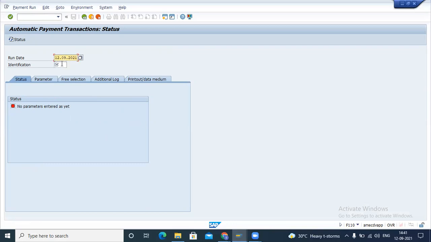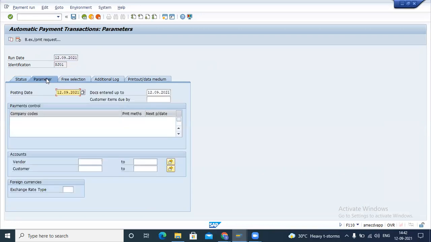And in the identification, we enter anything for what we are doing. Suppose I'm doing SJ01. This is just the identification of the proposal. Each payment process has a separate identification, like a document number.